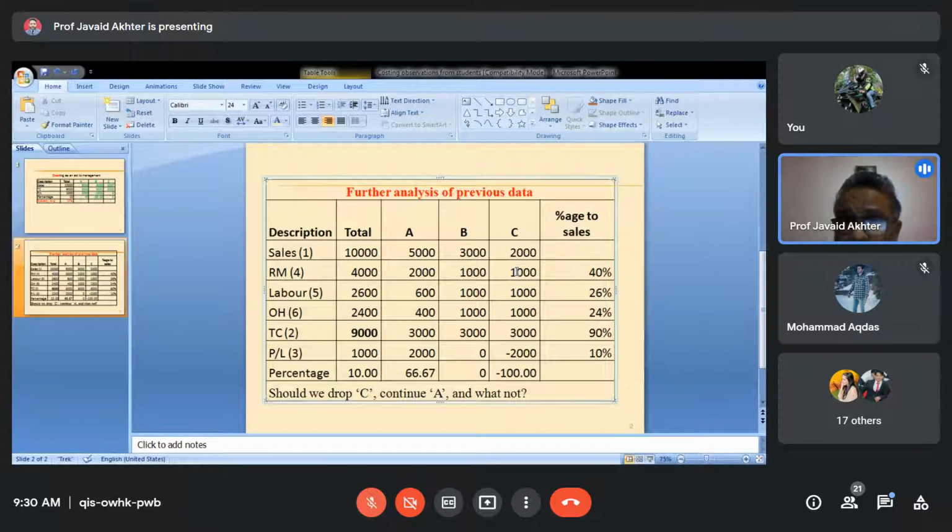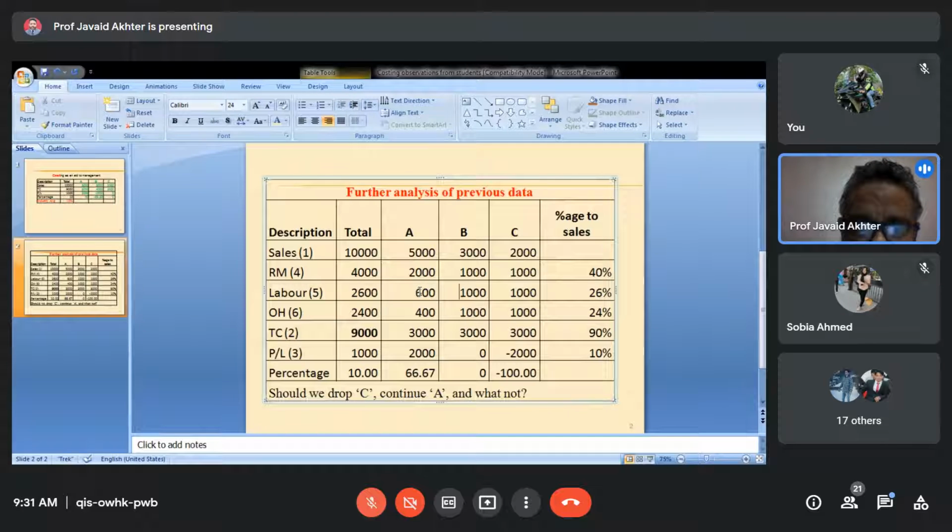So if you calculate percentages of it, for example, in A, what percentage are you spending on raw material? Out of 5, you are spending 2. It is 40%. What are you spending here? 33%. How much are you spending here? 50%. So if you calculate these percentages also, it will give you enough reasons to analyze, to comment, to satisfy yourself, or maybe to take some further decision.